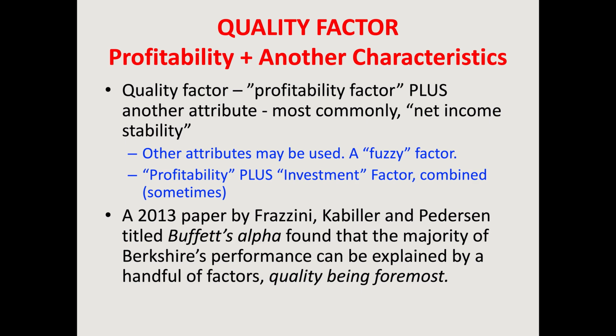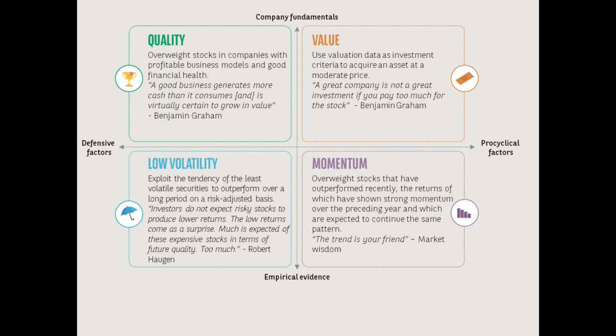But there's others that tend to look at the consistency of earnings, for example, which is often looked at and combined with profitability to generate a factor, and sometimes there's multiple characteristics that are used. So you'll see charts that basically say, hey, look at all these factors: quality, value, momentum, low volatility. Quality says, hey, we're going to overweight stocks and companies with profitable business models, the profitability factor, and good financial health. So we're going to look at their balance sheet in some way,